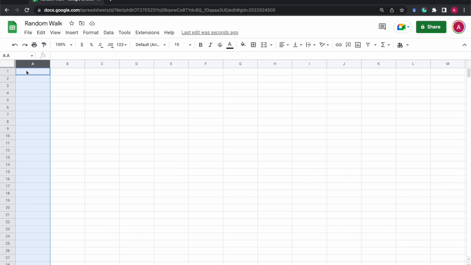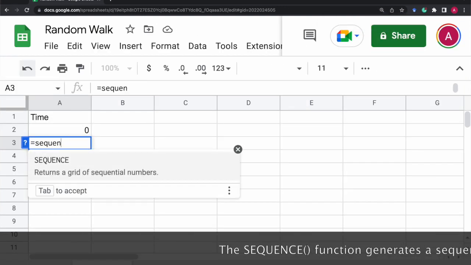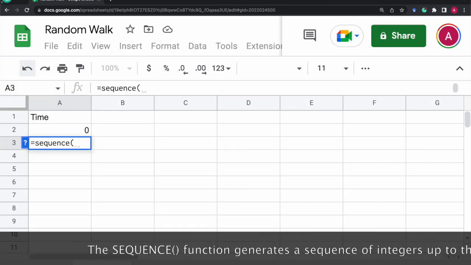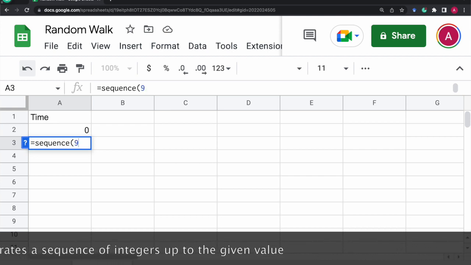or negative one, randomly, along discrete time steps. Okay, so this is time. Let's make it start from 0, and let's use the sequence function. Let's make it bigger. The sequence function by default goes up to 1000 rows,